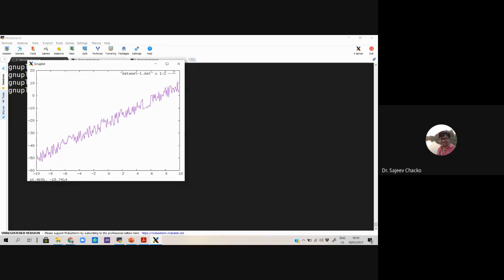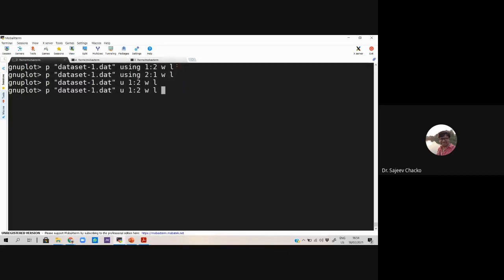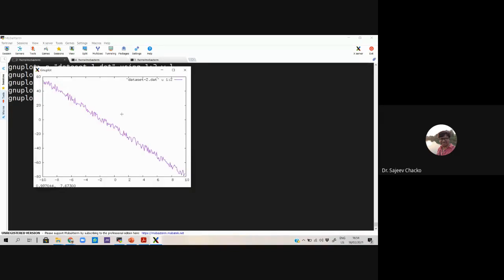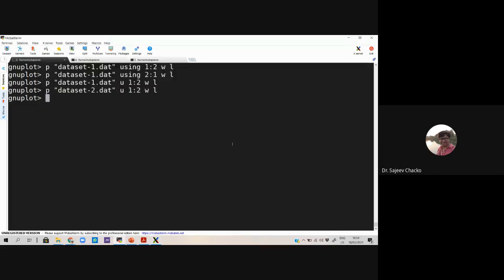Now I would like to do the following. Let us look at another data file. So there is another data file. I would like to plot two data files together, or a function and a data file together. First I plot data set 1 and then I say data set 2 using 1:2 with lines.